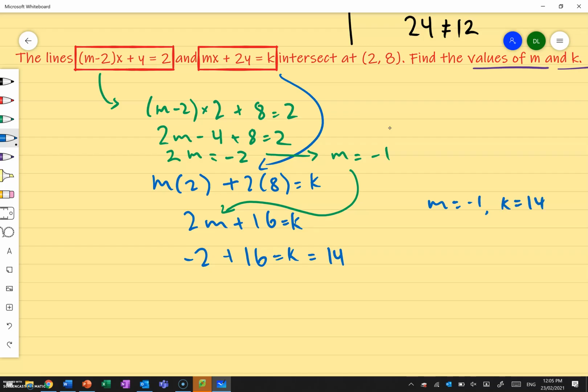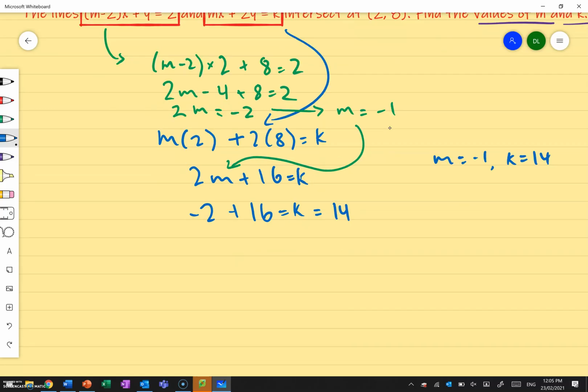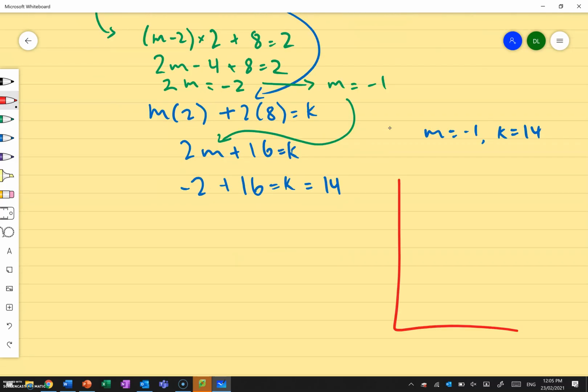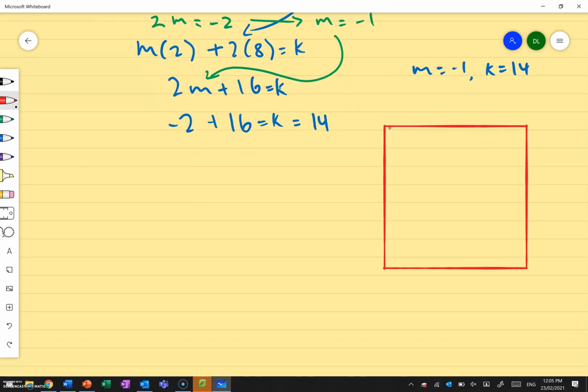So with an understanding of geometrically what simultaneous equations are, we can actually solve these questions. The only other thing I do want to talk about is stuff that you guys have already done in the past. So I'm going to use this box again to represent my Cartesian plane, with this being 0. If I have 2 lines, and they're represented by, let's say these lines represent the cost of hiring a bike or whatever it is, right? You guys have all seen those questions. So what I'm trying to look for is, well,